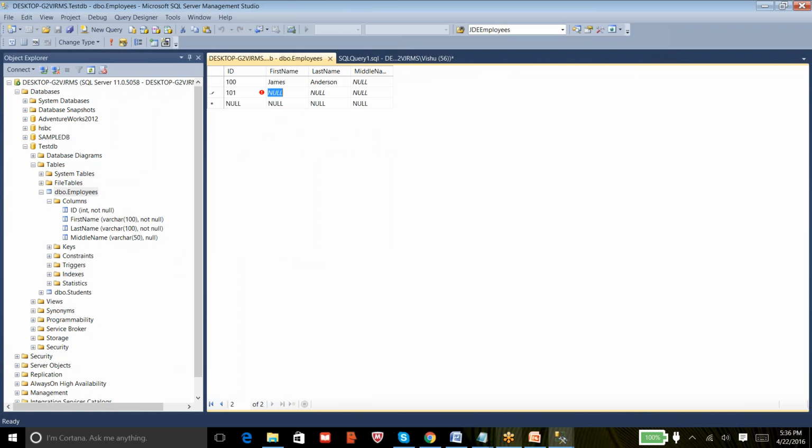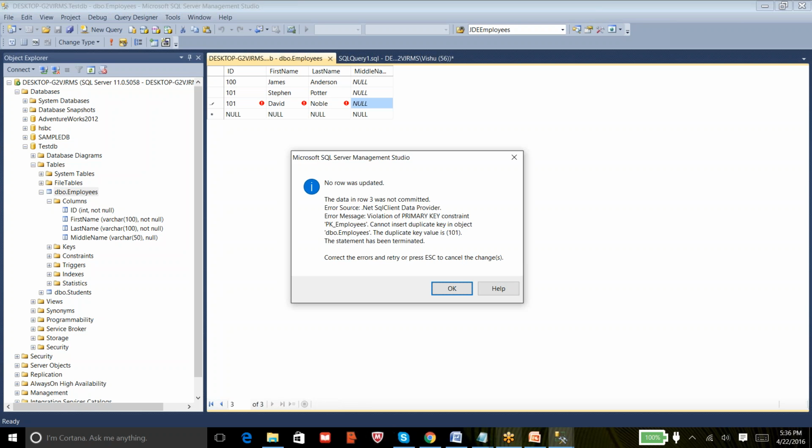I will go with the same data and let me give the same number again. You can see here when I gave the same ID for the second record, it says the data in row 3 is not committed.